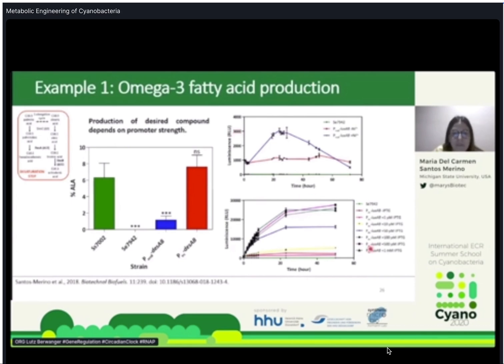And they also measure PTRC with different concentrations of IPTG, observing that there is no difference between 100 micromolar and 1 millimolar IPTG, and getting the highest levels of expression at 24 hours, at around 25,000 relative luminescence units, indicating with this experiment that PTRC is stronger than PNRSB, and that's why we get more